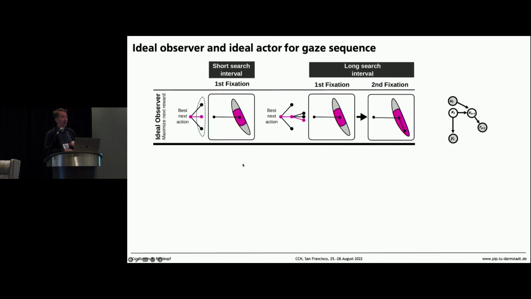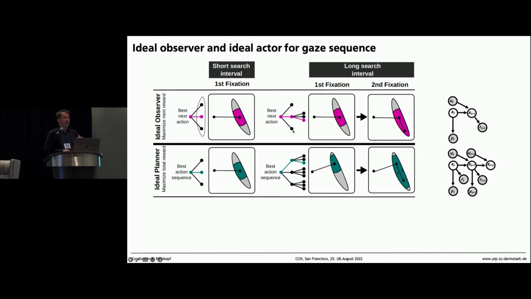And so they have to find this target, and now it depends on where they look what probability they have to detect it. So let's think about this in terms of, again, a generative model of the behavior. If you do the greedy thing, oh, let me look where after the next look I will be best able at distinguishing it, then you have the prediction that this model will really look at the center where you have the highest coverage, and then you detect or not, and then you go to the next best. But that's not what planning tells you what you should do. Planning tells you you should pick a sequence, if you are allowed to do two eye movements, where the coverage overall is maximal.